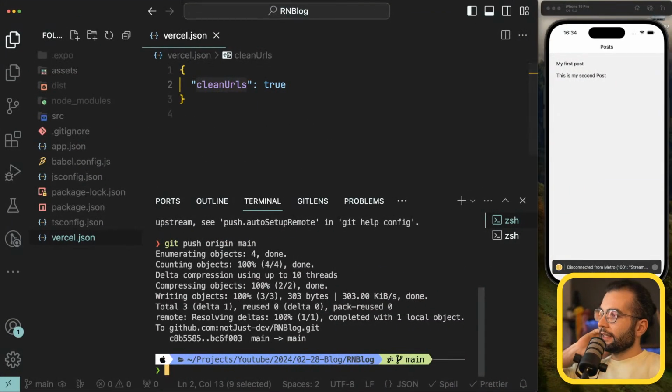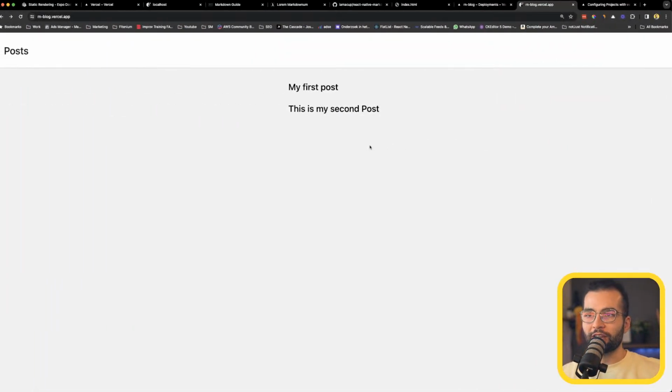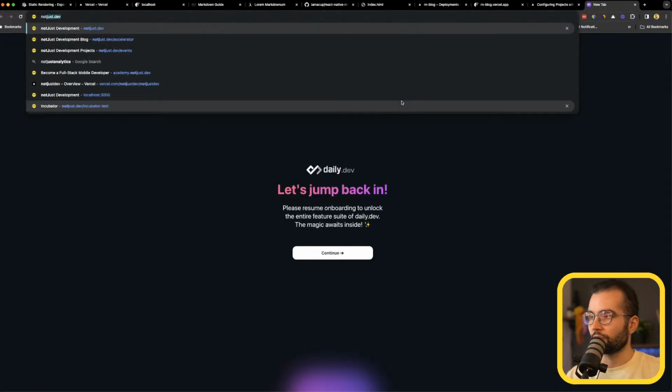What next? The next changes that I want to show you are around improving the SEO. To improve search engine optimization, we need to provide some information about the page that Google will take and display in Google search results. For example, if you search